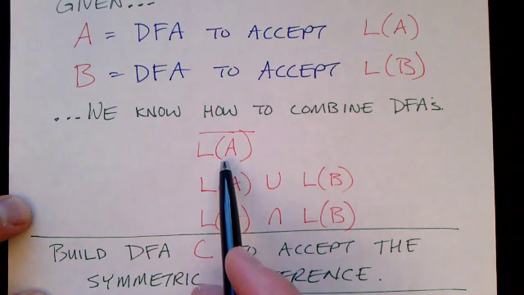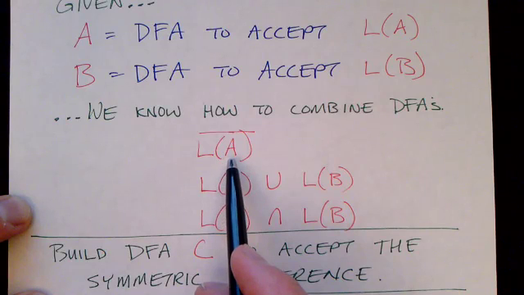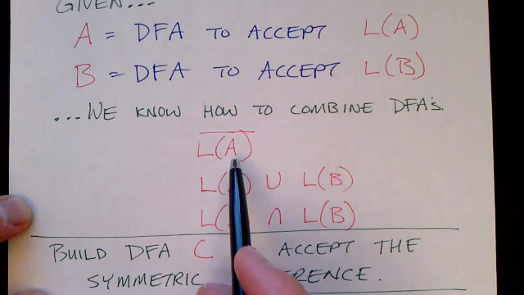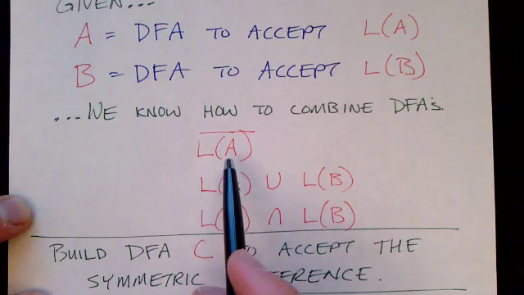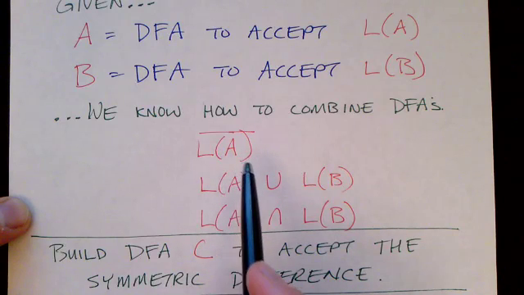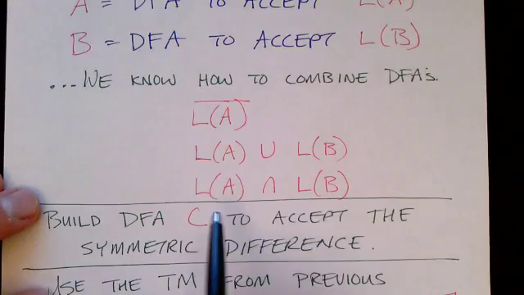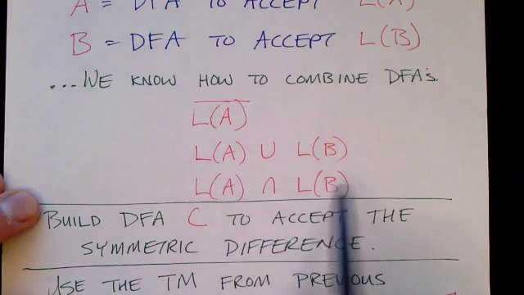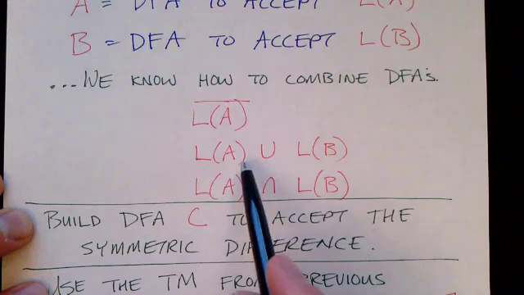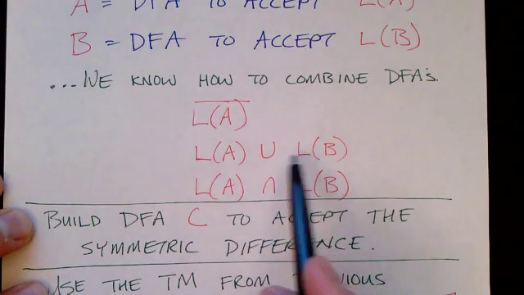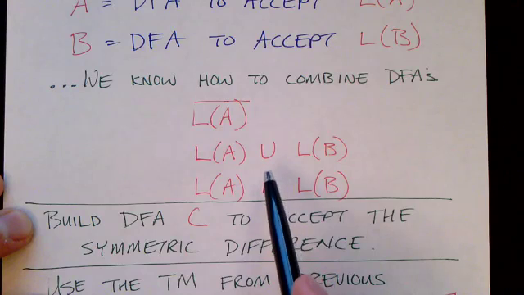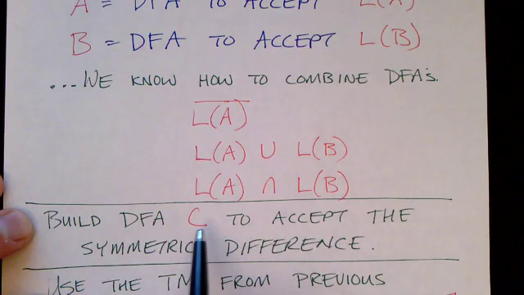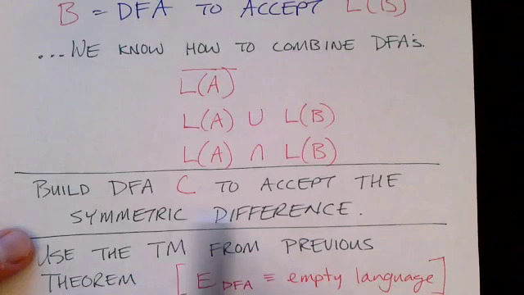Remember, we just switched the accepting states to non-accepting states, and the non-accepting states we switch to accepting states. So we flip the states from accepting to non-accepting. Likewise, if we want to do union or intersection, we know how to build finite state machines that will do that. So, in summary, we can build a new deterministic finite state machine, C, that will accept the symmetric difference